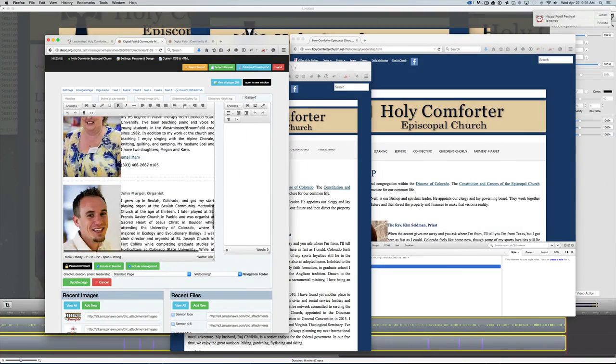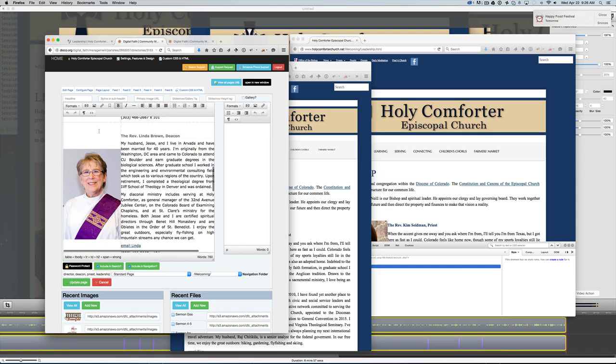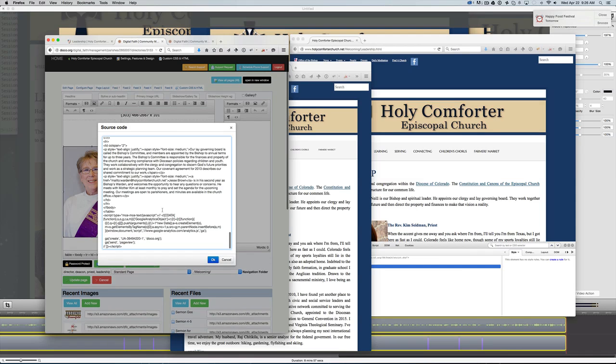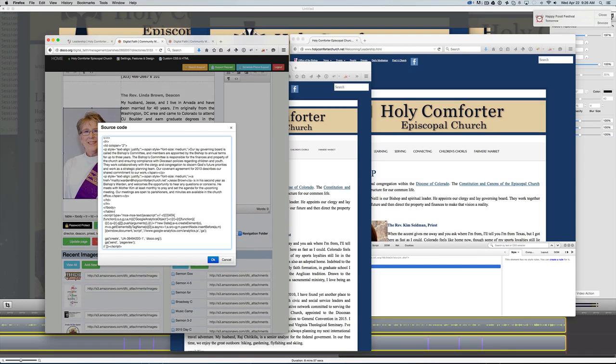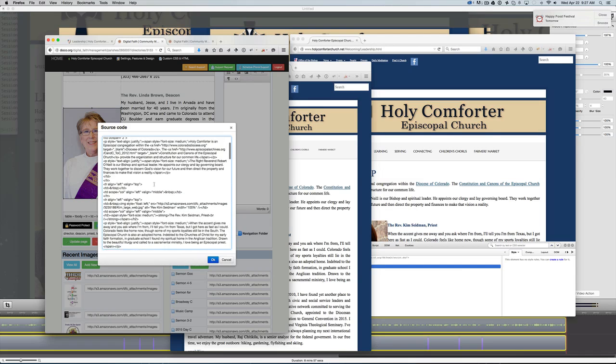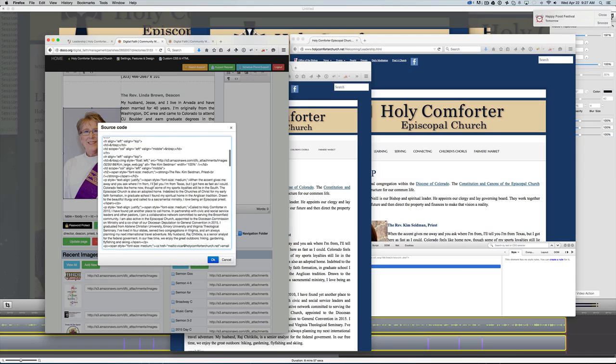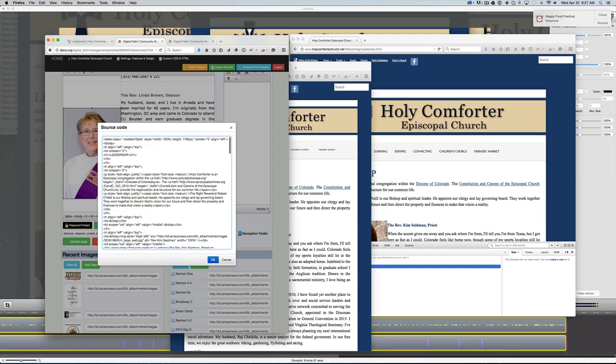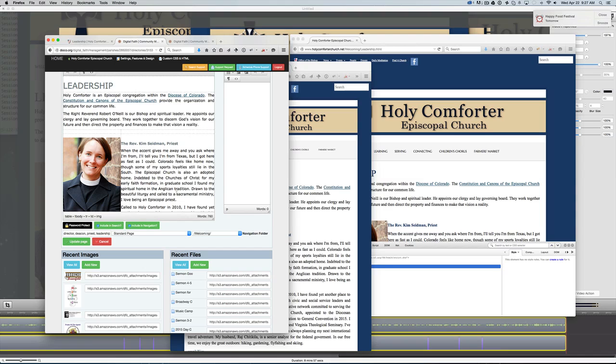Yeah, working with these tables can be a little complicated. When we take a look at the HTML on this page, we notice that there's a fair amount of code and copy in there. And if this seems a little beyond your capabilities, we provide a service of adjusting and